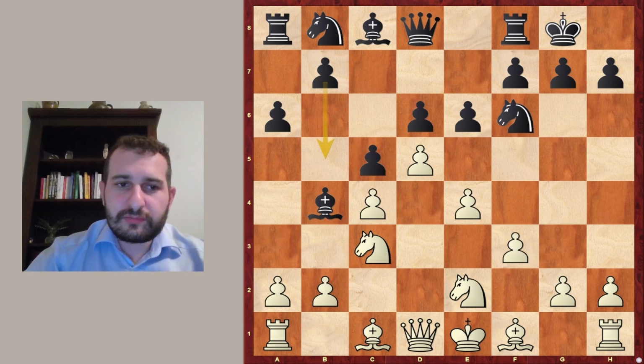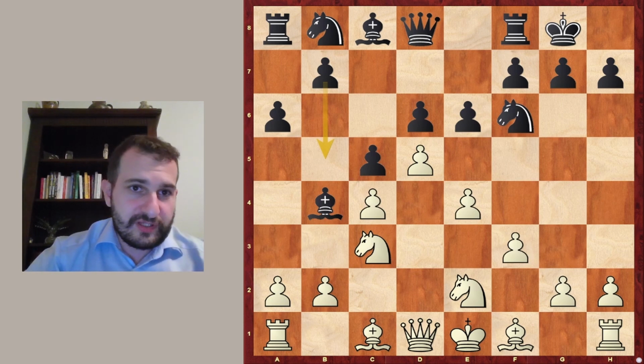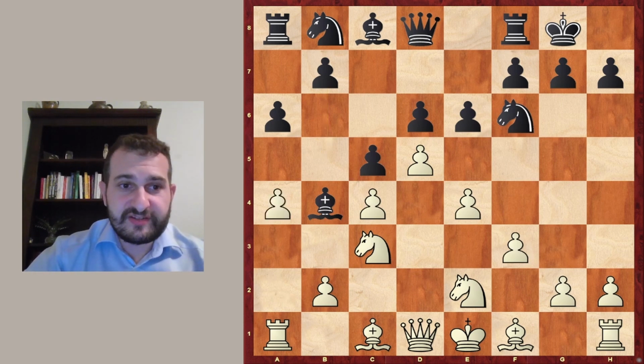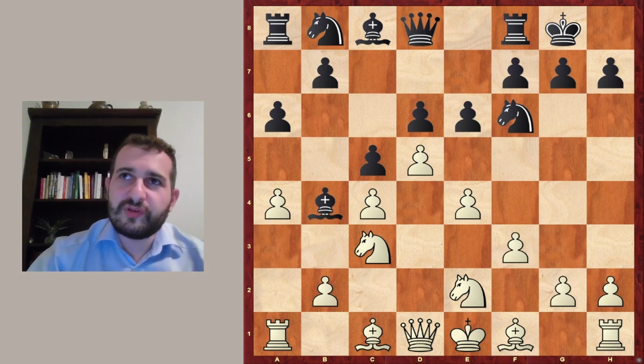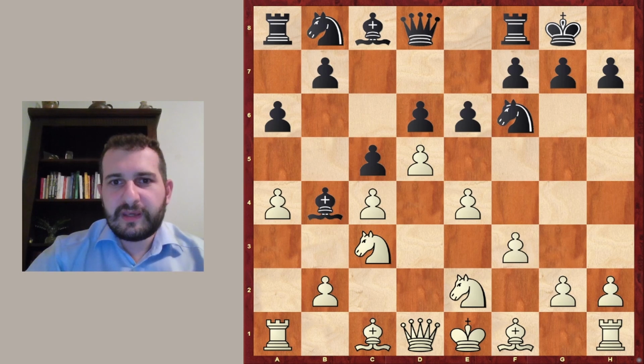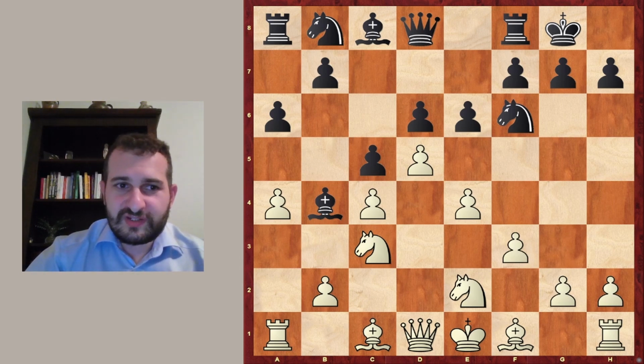And white could play a4 here. And this has been played in the game Wesley So against Levon Aronian in 2015. And white suffered a heavy loss. And it could be read everywhere, and this game became very famous. And this game was the reason why f3 wasn't that popular afterwards, but recently